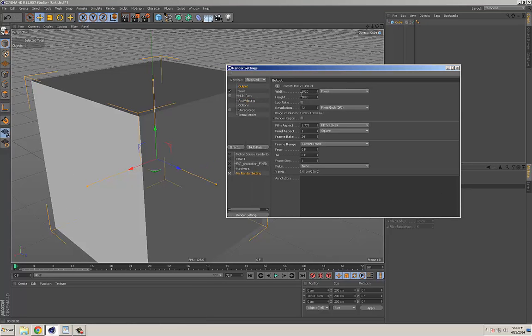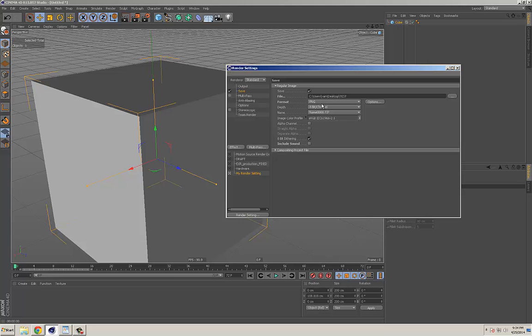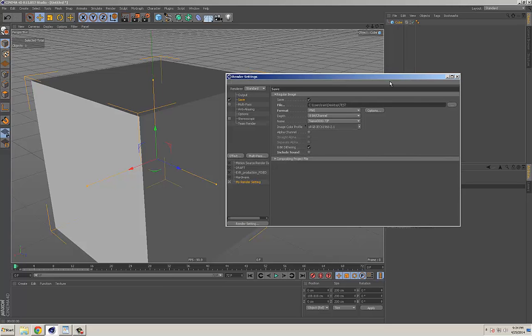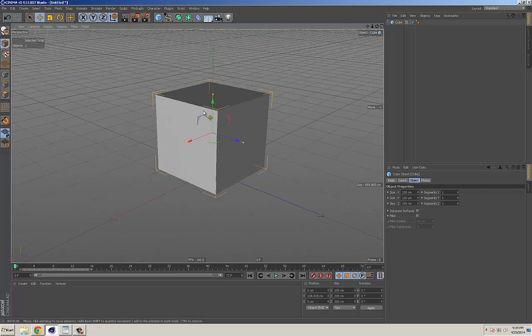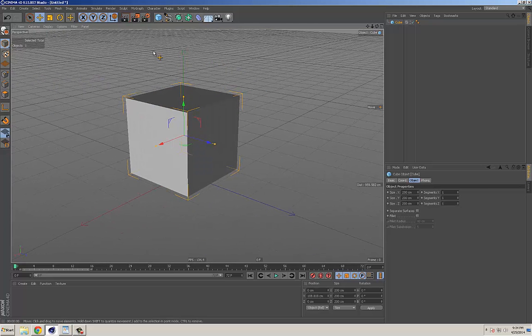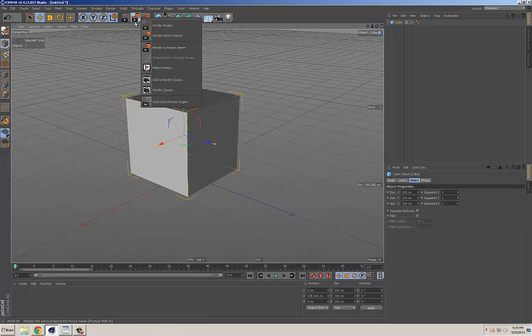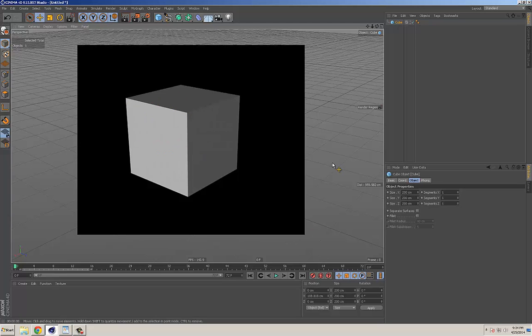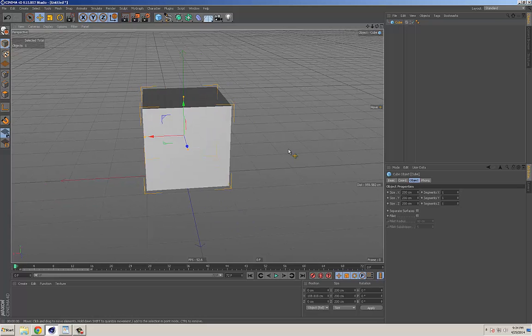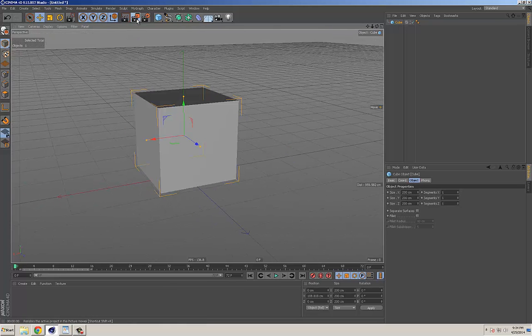It's really just knowing how to set the resolution. And if you want to do animations, the frame rate and how many frames and where it's saving it to, in the format. So for these basics, that's all you need to know about how to render stuff out. But I'll show you one more thing that it's kind of a cool tool, but I don't really use it in practice. It's the render region tool. So if you click here and hold this down, and then we have this render region tool, which turns into this little crosshairs. So we draw a box in the viewport, and then whenever we move or update the screen,